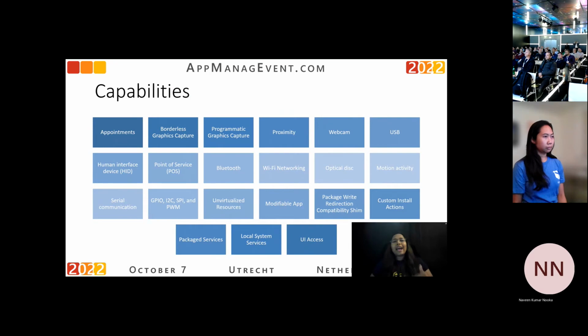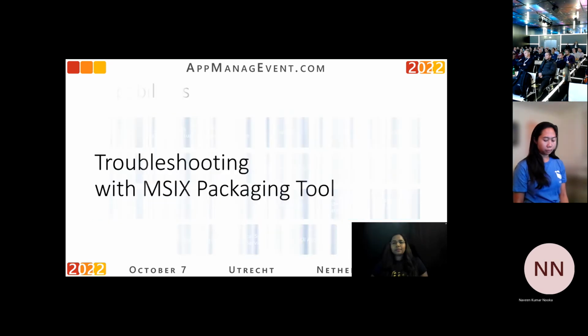So these newly added capabilities include some features we have made available in the recent past, or some of these capabilities were already available to be used manually in the manifest, but starting the October 2022 release of MSIX packaging tool, you would be able to add these capabilities from the GUI of MSIX packaging tool directly.